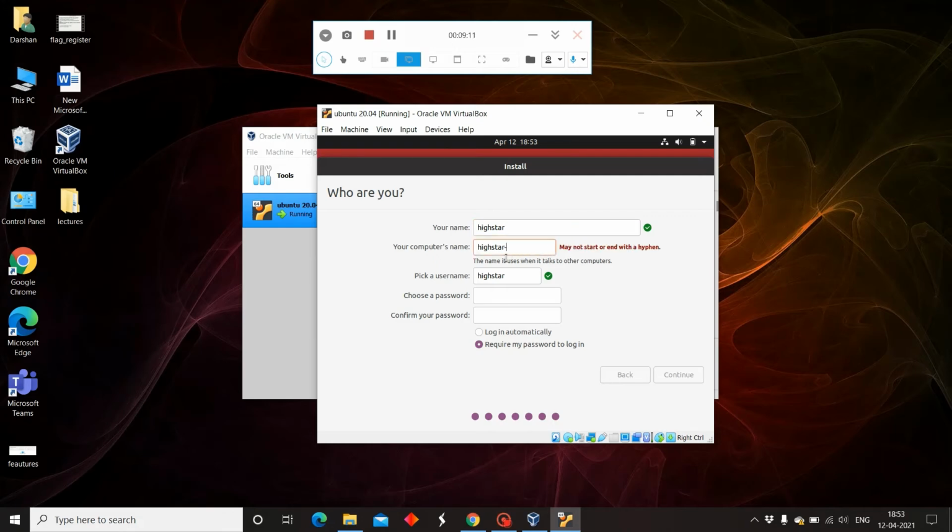You don't need VirtualBox here too. You can keep it as it is, and I would keep one password for this. Further, you can change it. Keep something which is a very strong password.